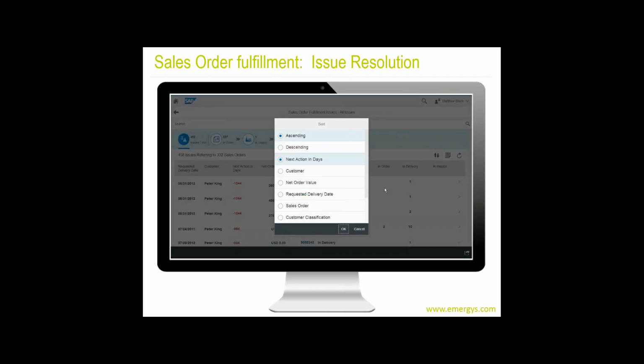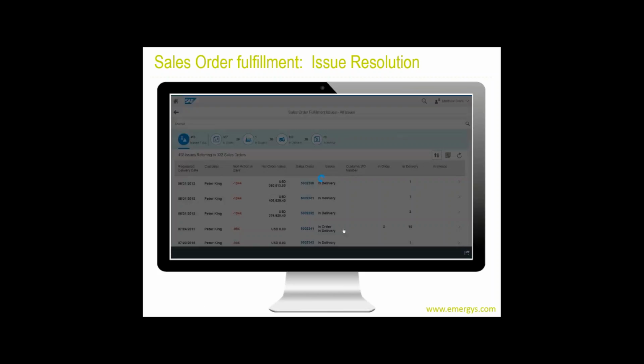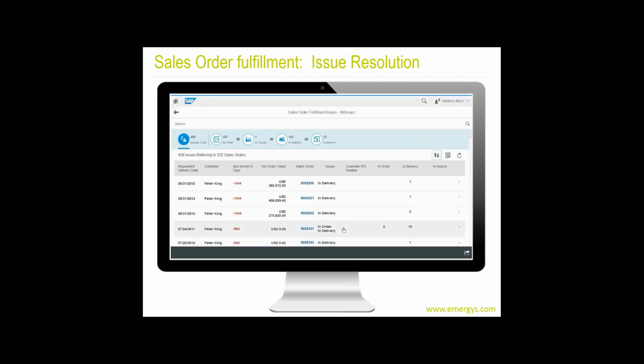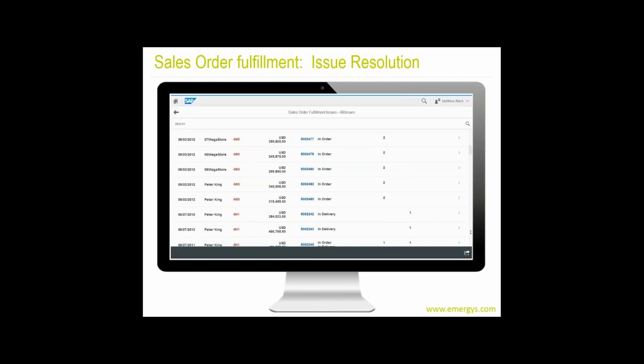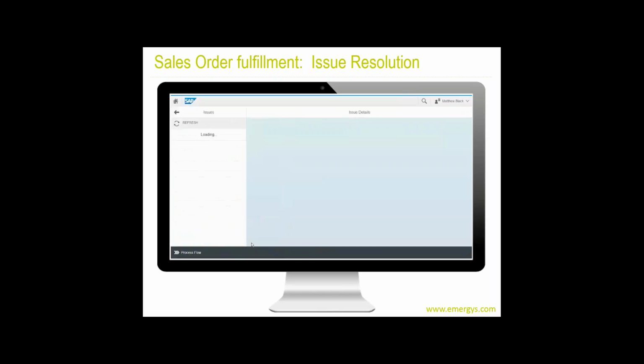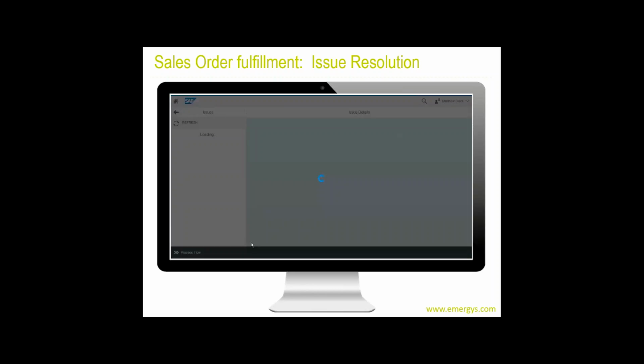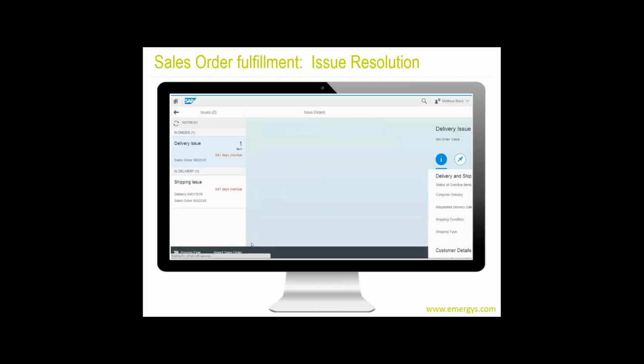You have the ability to sort this view in different ways. You can see the different steps there that we could sort on. We can dump this out to Excel and look at it. But the real value here is that we can drill down on any one of these and drill into it and resolve the issue from the dashboard. So here's the insight to where the issues are, and you can drill in and take action on the specific